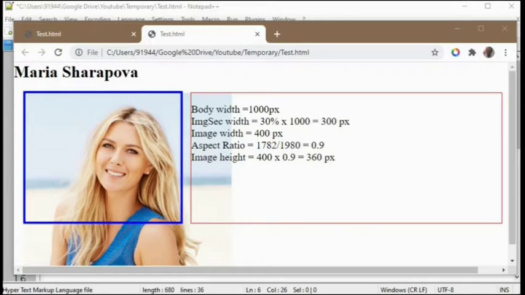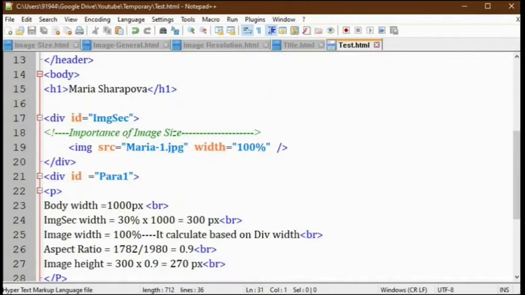So this 360 is more than the 250. So in the vertical also it has come out of the division sections. Whenever you specify the image width in pixels, it will overrule the division size and it will show outside the division section.